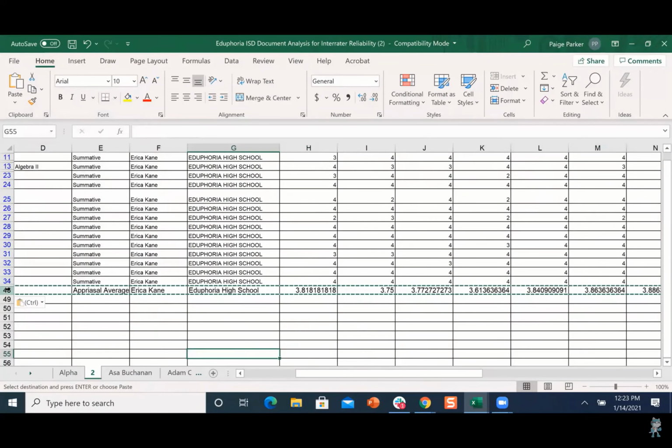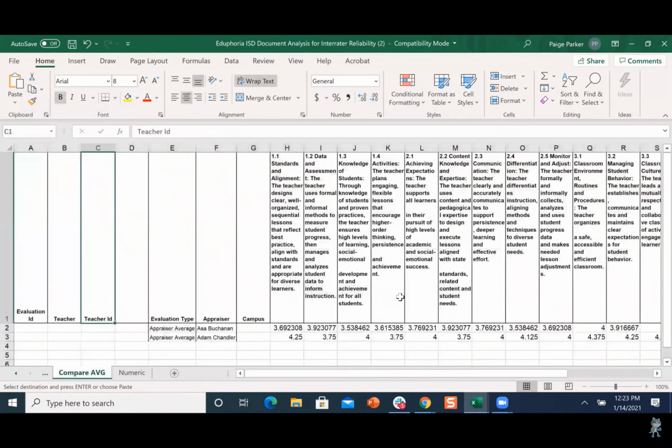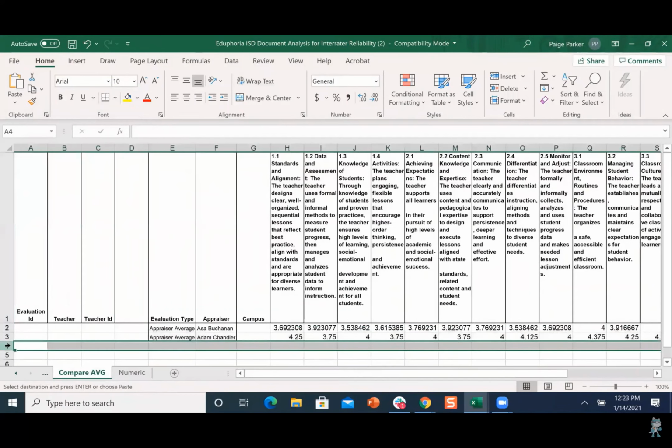So now I'm going to copy that whole row again, and I'm going to go over to a new sheet that I made that's called Compare Averages, where I've already pasted in the information about my other two appraisers. I'm going to come here and paste in the information about Erica Kane, and now I have comparison